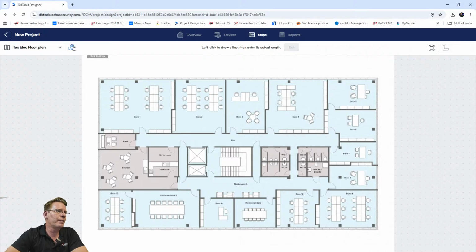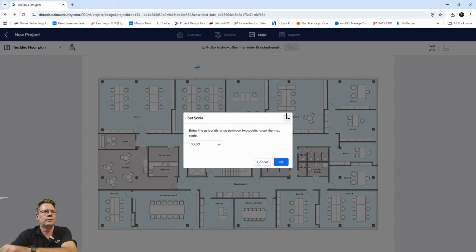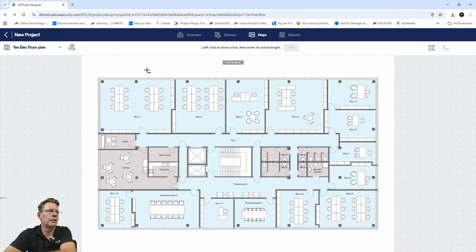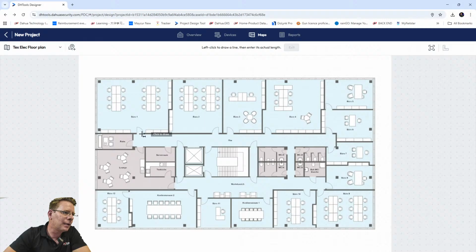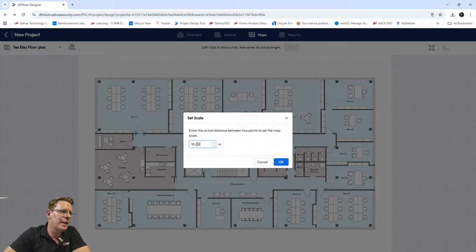So there's my floor plan of the building. I'm going to click on it. Okay, now you have to measure the distance on the floor plan. So by default, you'll have this little click to draw come in. So normally, if I click there and I click there, you must tell it what the distance is. So a doorway is normally